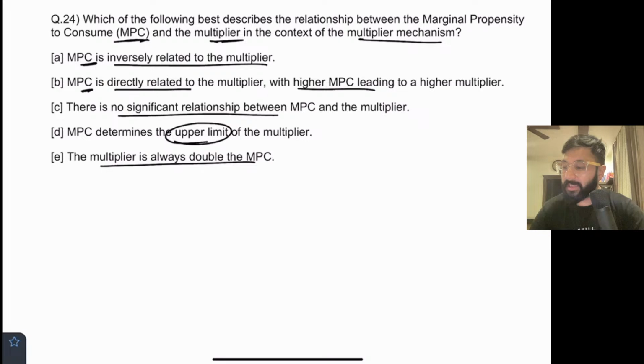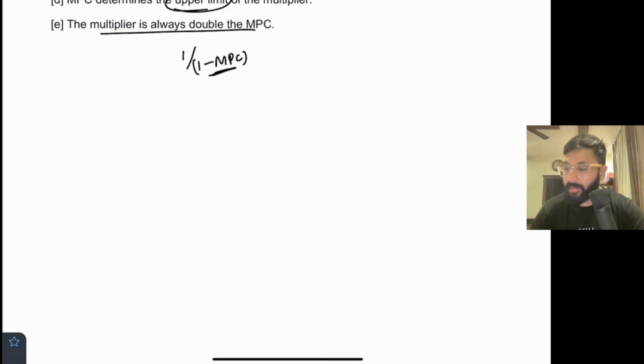Yes, MPC is directly related because the formula is 1/1 minus MPC. तो है तो नीचे, लेकिन फिर भी डायरेक्टली रिलेटेड है बिकॉज 1/1 माइनस MPC है। ओके, तो इसीलिए हम जब इसको आंसर करते हैं तो ये डायरेक्टली रिलेटेड हो जाता है जब इस फॉर्मूला को यूज़ करते हैं। तो MPC इज डायरेक्टली रिलेटेड टू द मल्टीप्लायर विद हायर MPC लीडिंग टू हायर मल्टीप्लायर।